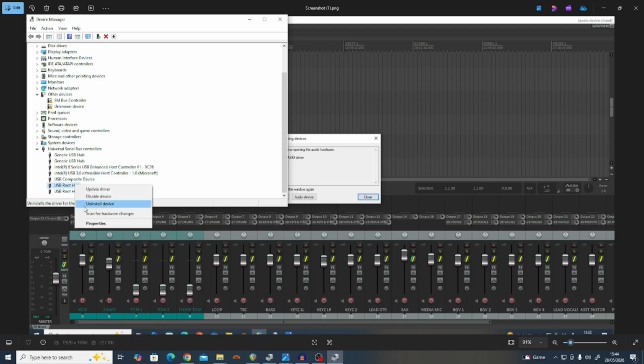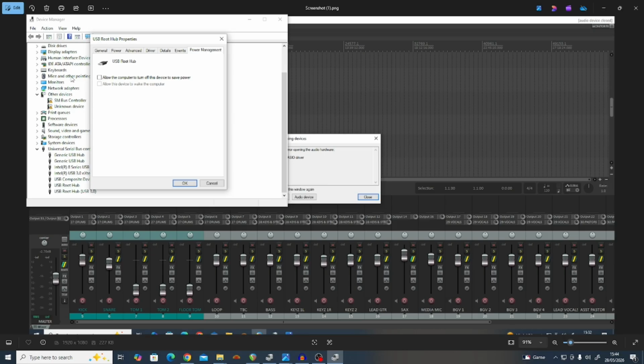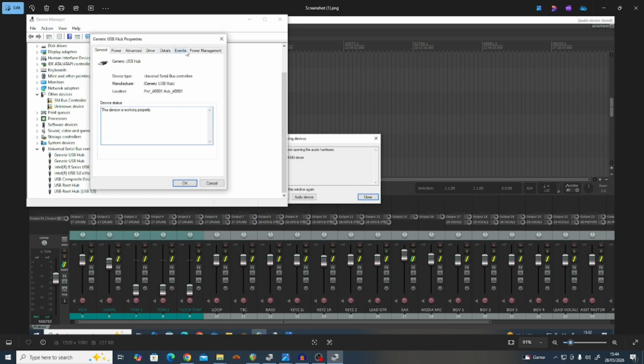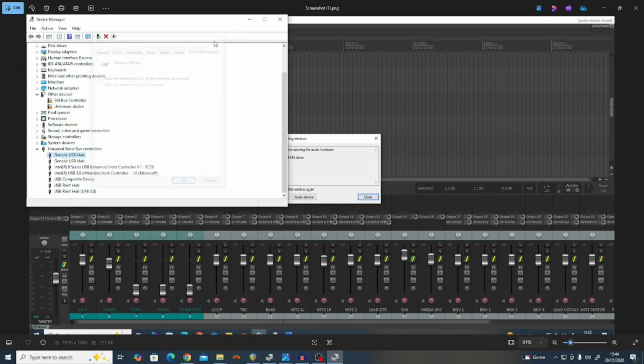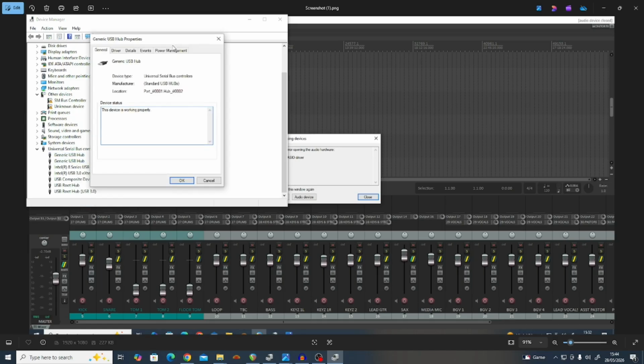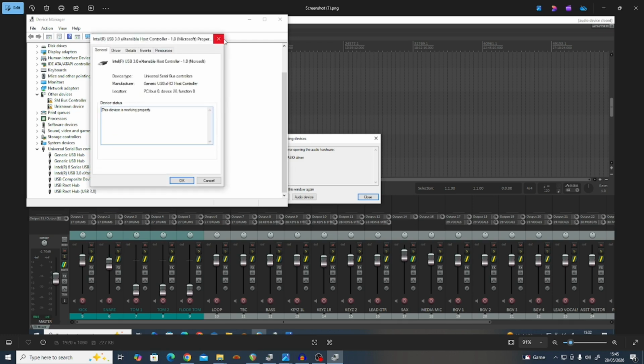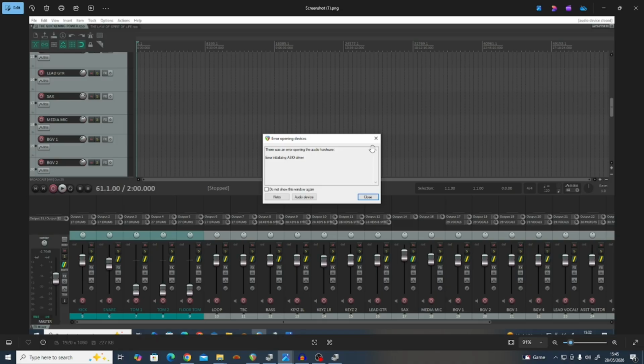So I did this for this other option as well, as you can see. Then everything here, if it has the power option, I just unchecked that setting, and I don't think this has. Okay, this has as well. Okay, unchecked. This doesn't have. And that's it. Basically, that's what fixed it for me.